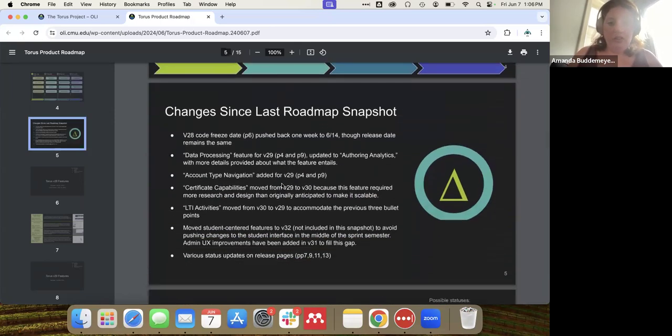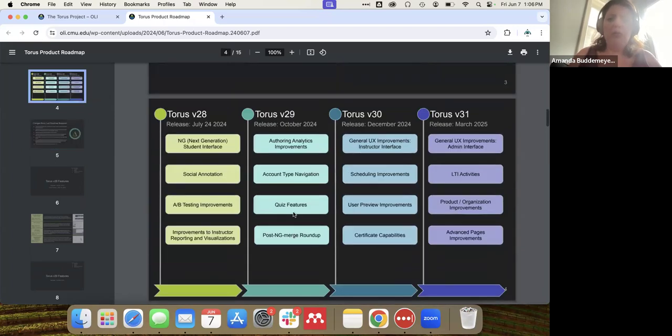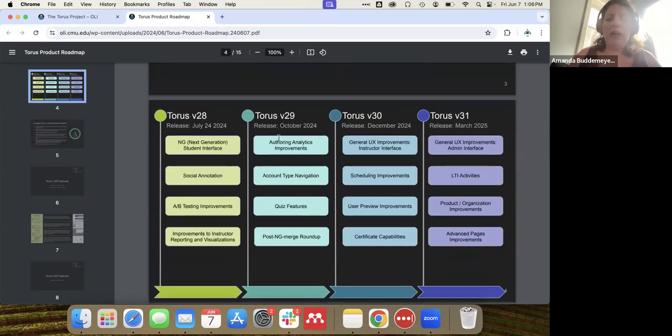Other changes that we've made since last time. The main thing that got booted out of version 29 to make room for some of these things is the certificate capabilities. This is the capability for a course to yield a certificate. This is something that currently exists in the OLI legacy system, though the way it's implemented in legacy is not very robust and also requires a lot of involvement from our development team every time a new